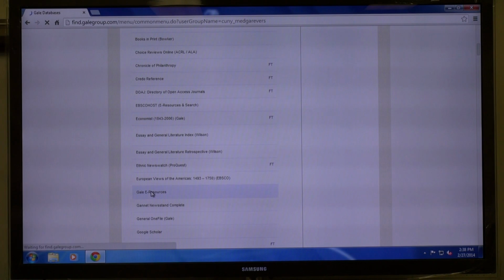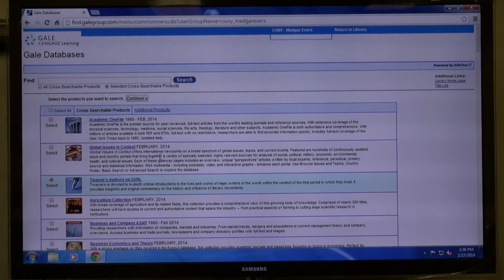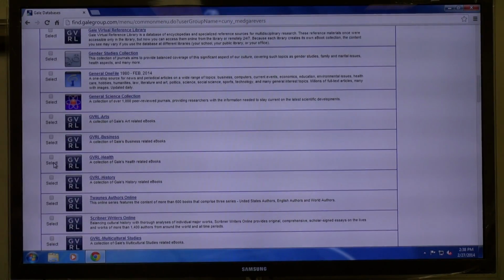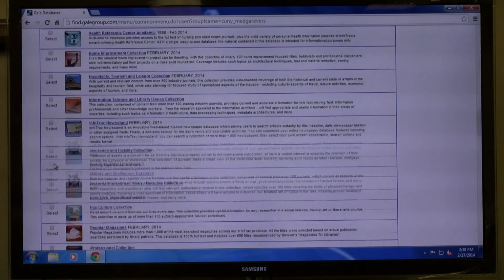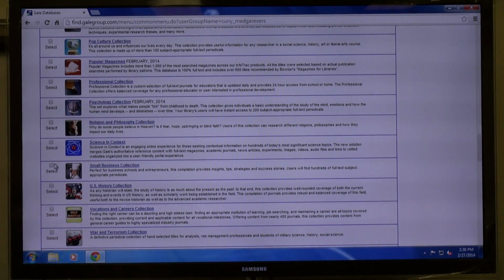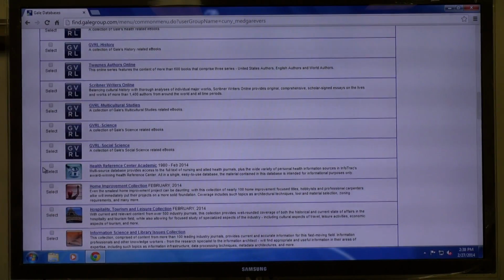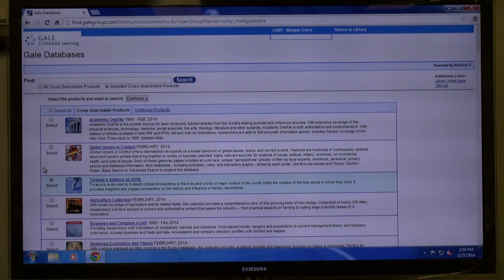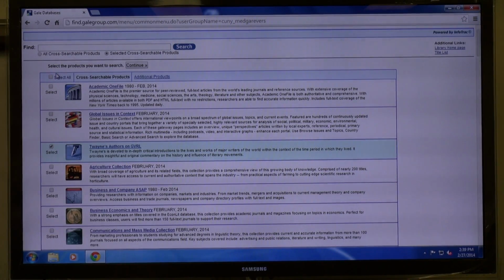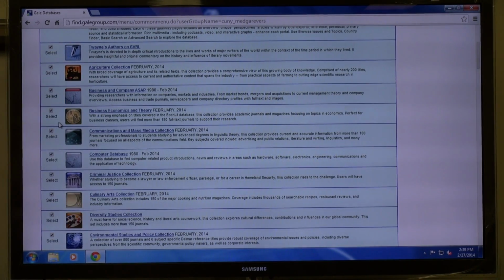Gale e-resources. This one makes it possible for you to use a number of different Gale databases at the same time. You see, in EBSCO it's like more logical. You can actually access a screen, choose databases from any EBSCO database and select them all and select any of them. Here it's more like you could do it from this particular screen. And you see, you can select all, for instance, and all these databases are